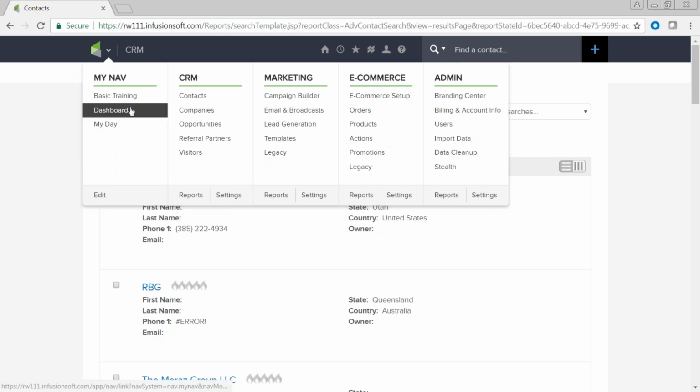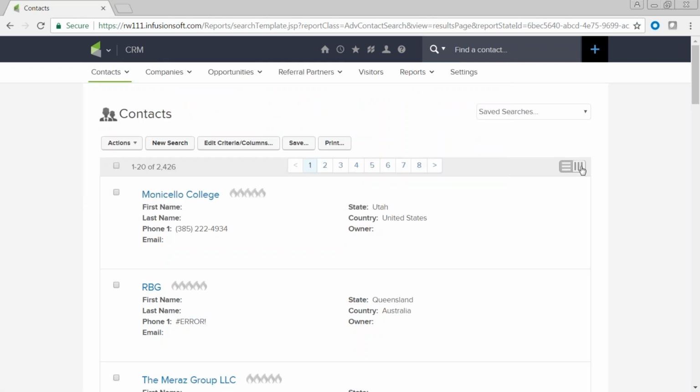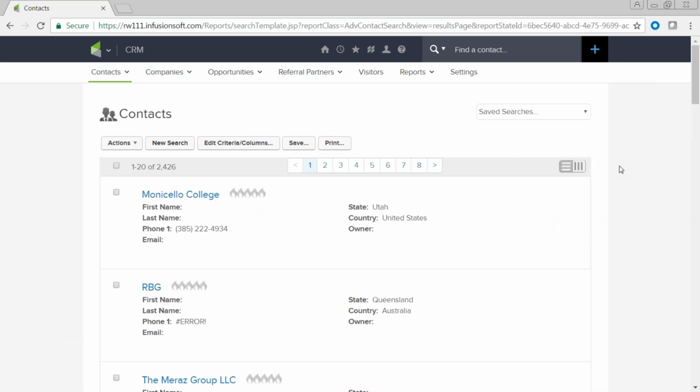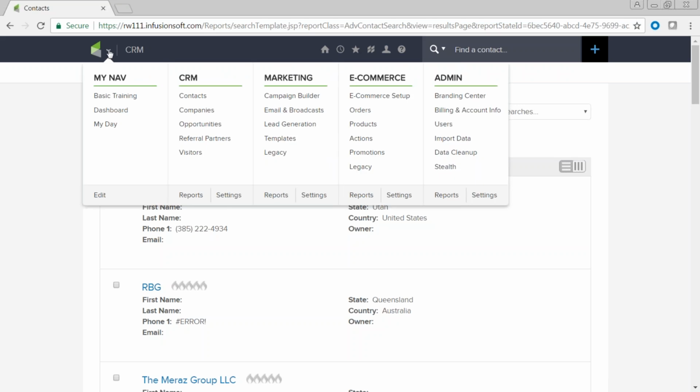So again, we have the grid view that you can look at as a list. It's a list view, or you can have the quick action view. You can get in here and use the buttons and actually do kind of inline editing. So now let's take those searches that we created, those saved searches, and go put them on our dashboard. So we're going to hover and find our dashboard